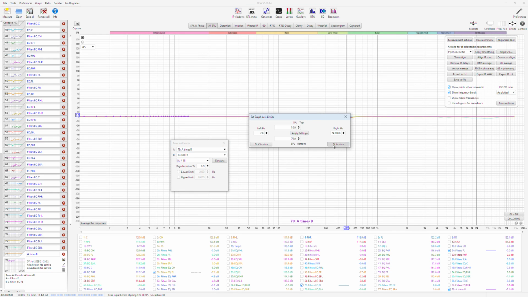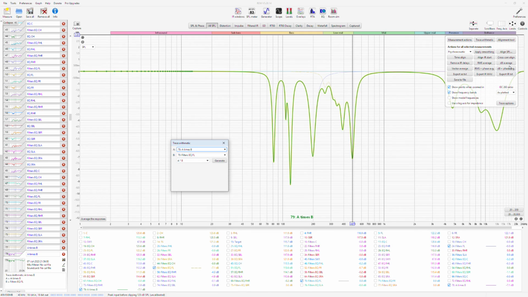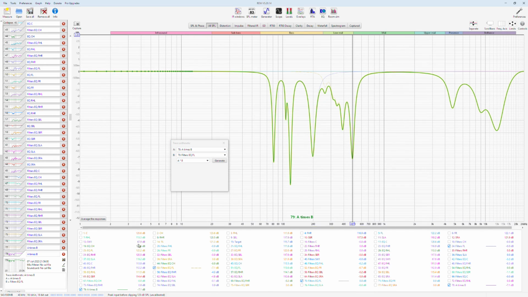That was a very good screen shift there to confuse things even further. And we were at 50, so it's going to be after 50 another filter with FL, so 70 filters EQ FL. Again, A times B, generate. So now we have just one filter, which is a combination of all three filters, which we're going to call FL.